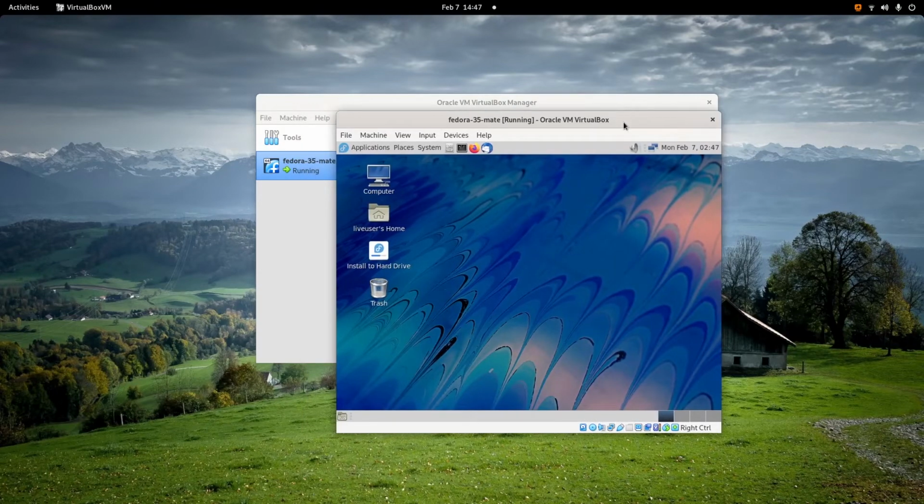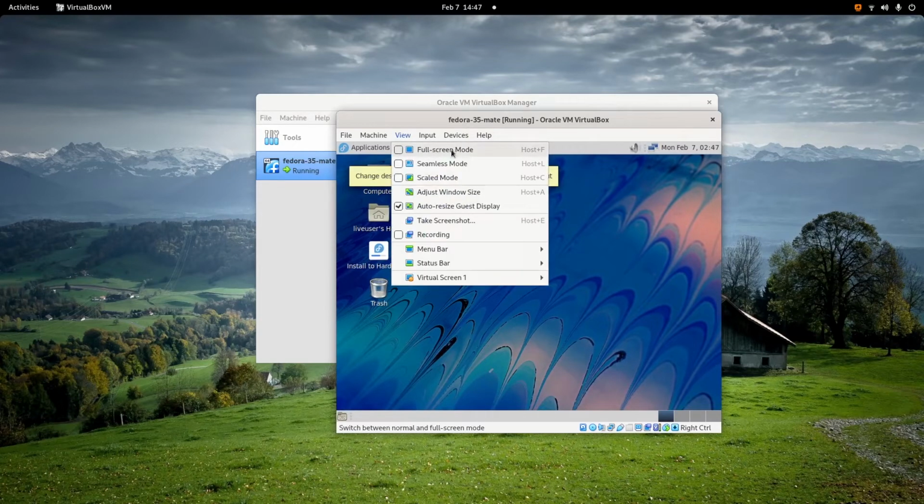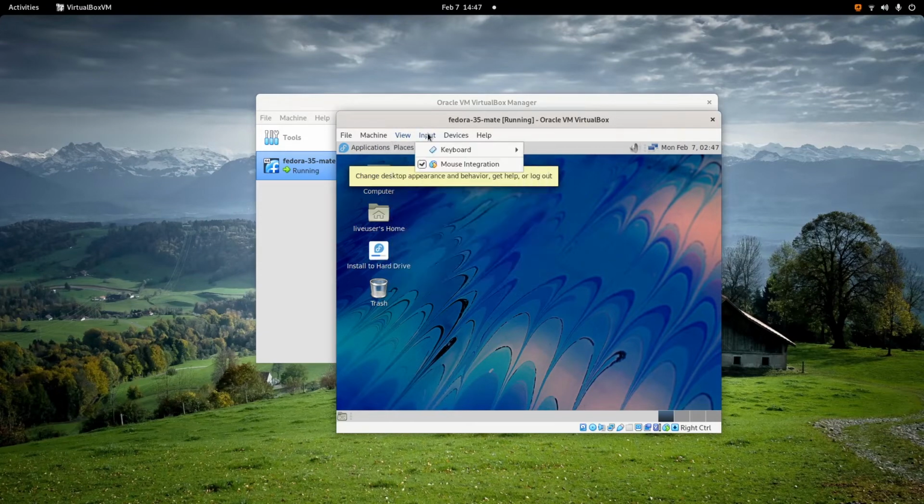Okay everyone, just remember, never choose the full screen mode because sometimes your VM will crash.